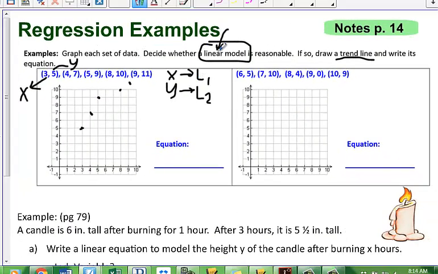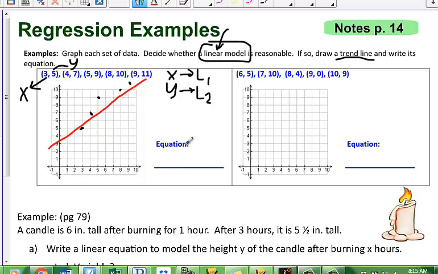Now, I've made that decision. It looks like a linear model is reasonable. I can draw something that looks pretty much like a straight line, and that straight line is going to roughly be about like that. And it seems like I'm going to get most of my data with a line roughly like that. That trend line is just an idea of what a straight line might look like,